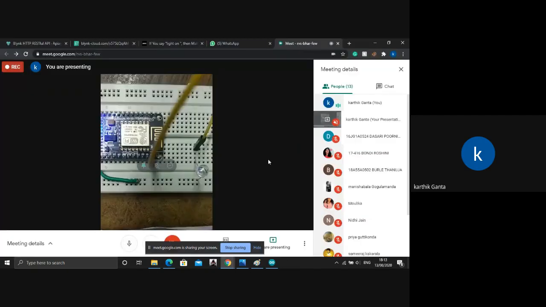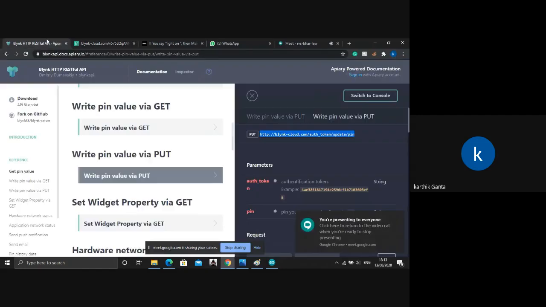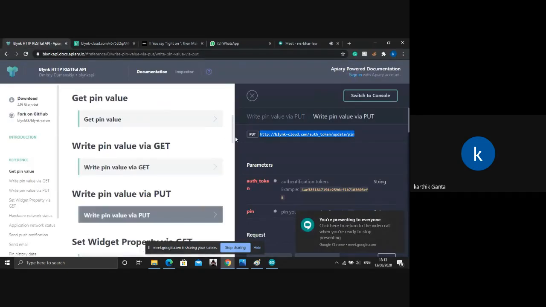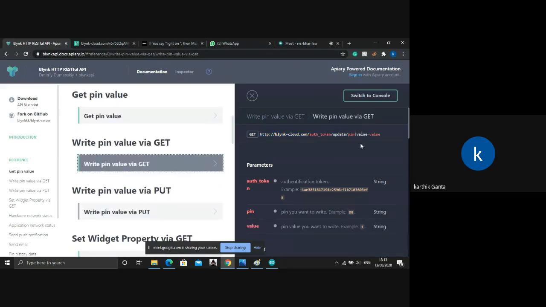Another way of doing this is we went to the RESTful APIs of Blynk, and we used this GET request, or the PUT request, to update the values.